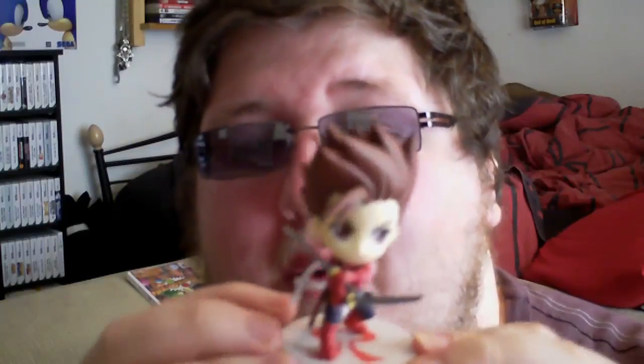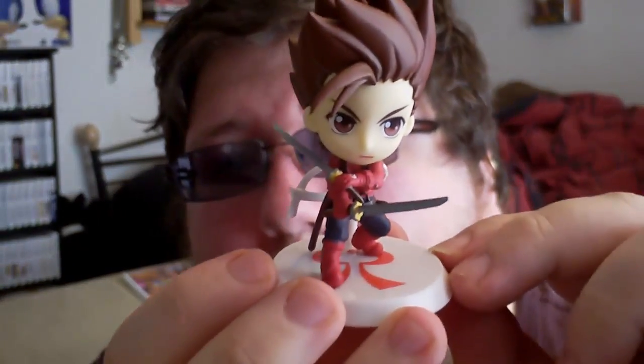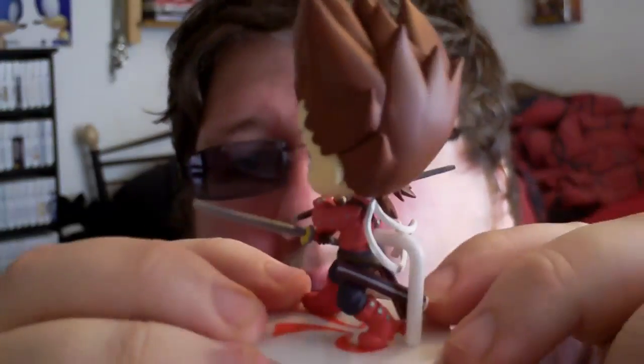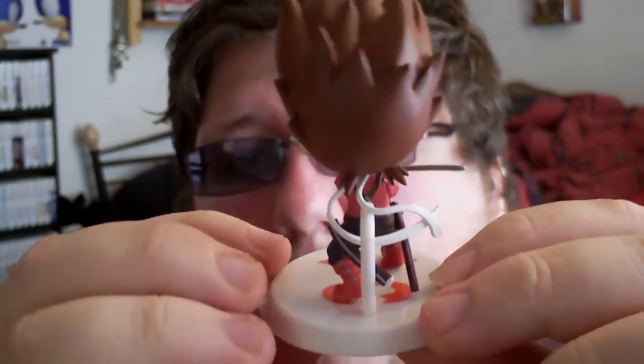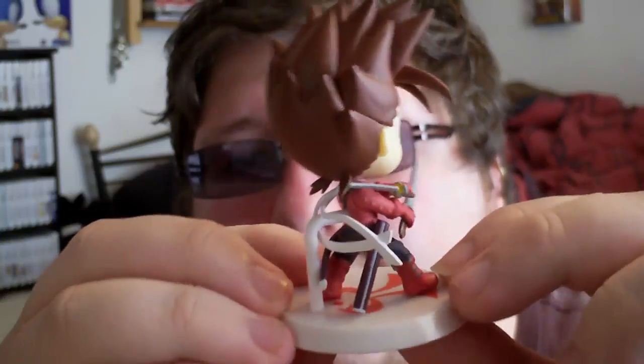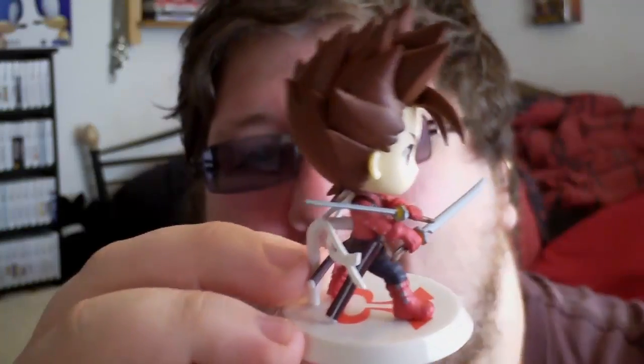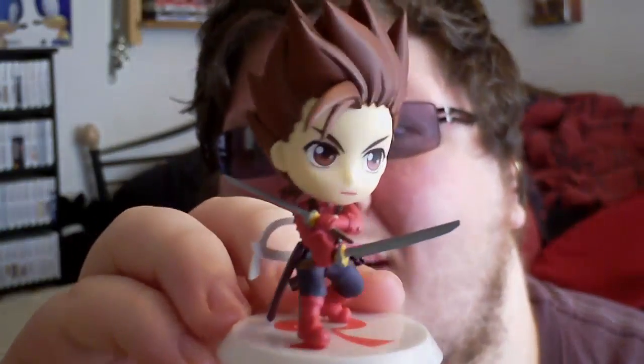First is Lloyd, which is a really, really nice figurine. Really high quality. I like how this back piece just shoves right into the spine. But there's Lloyd, which is pretty awesome. Next is, ooh, be careful with this one. Next is Colette,